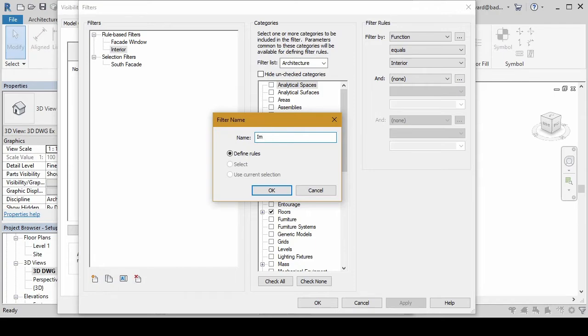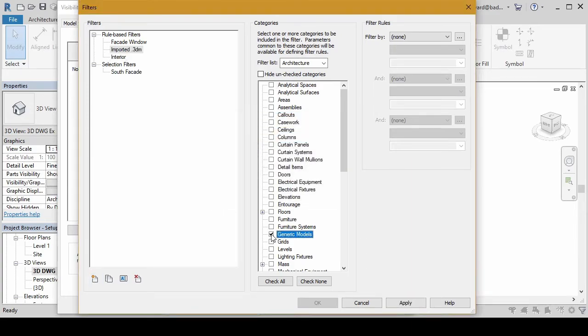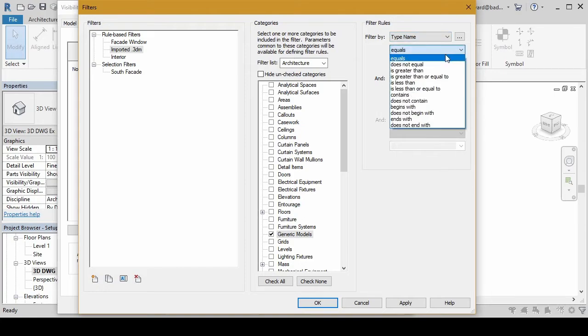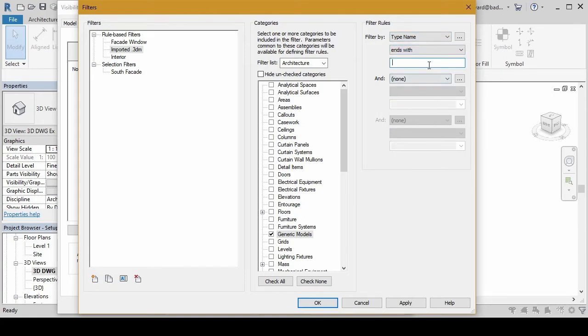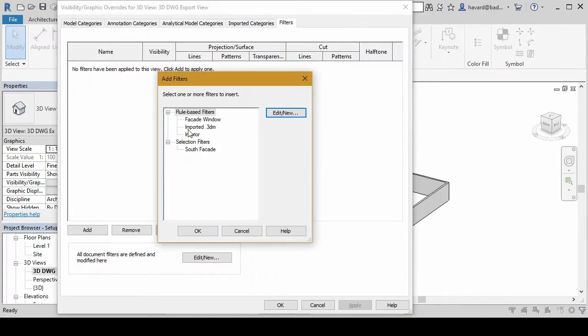I'm going to call this filter imported.3dm. That's imported Rhino files. I'm going to select these currently just for generic model categories and say filter by type name ends with .3dm. Now when I use this filter